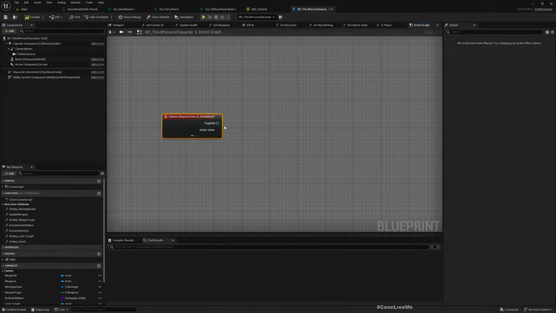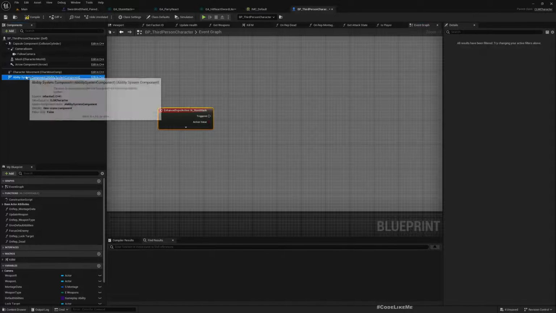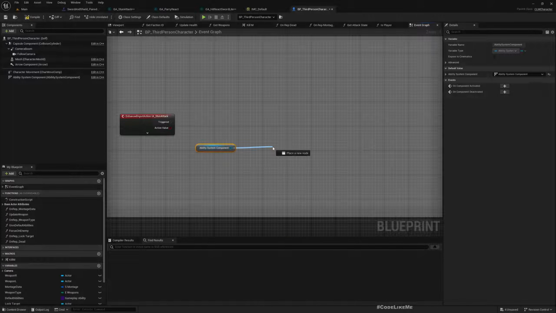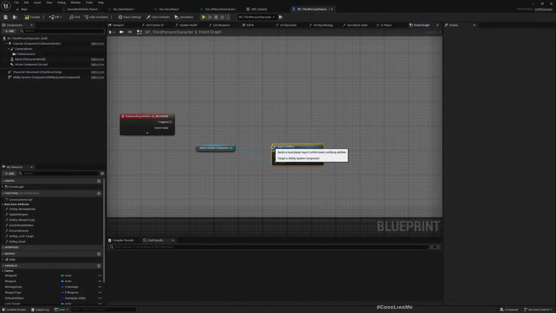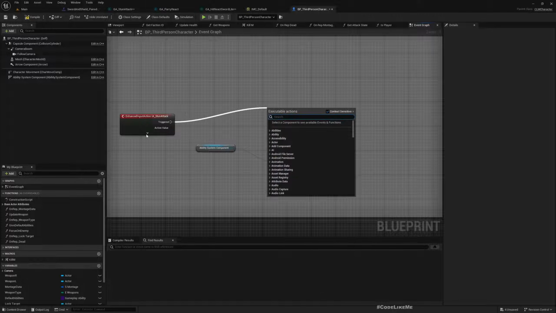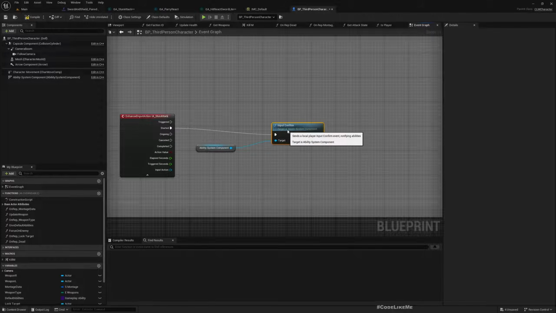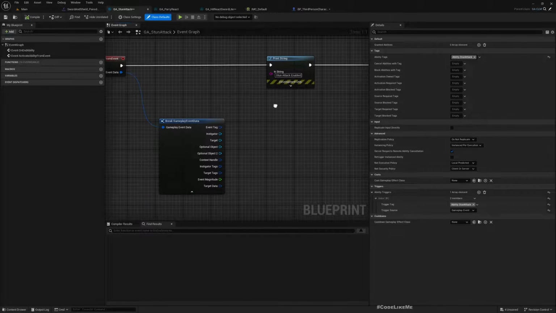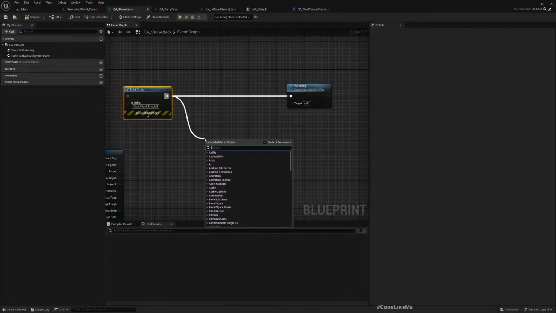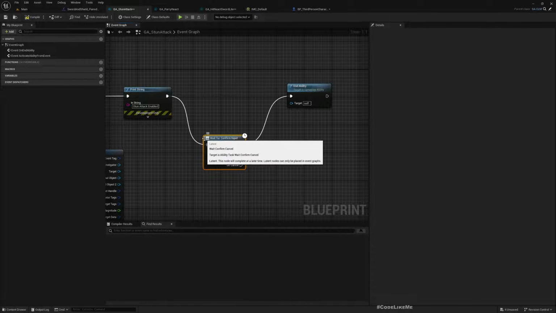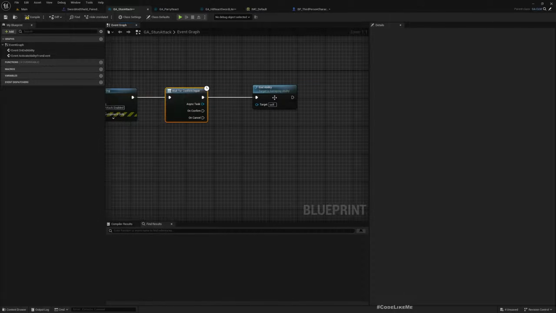When this is triggered, I'll get the ability system component and I'll send confirm, input confirm on started. The reason that I send this event is that here we can do this, wait for confirm input, and then